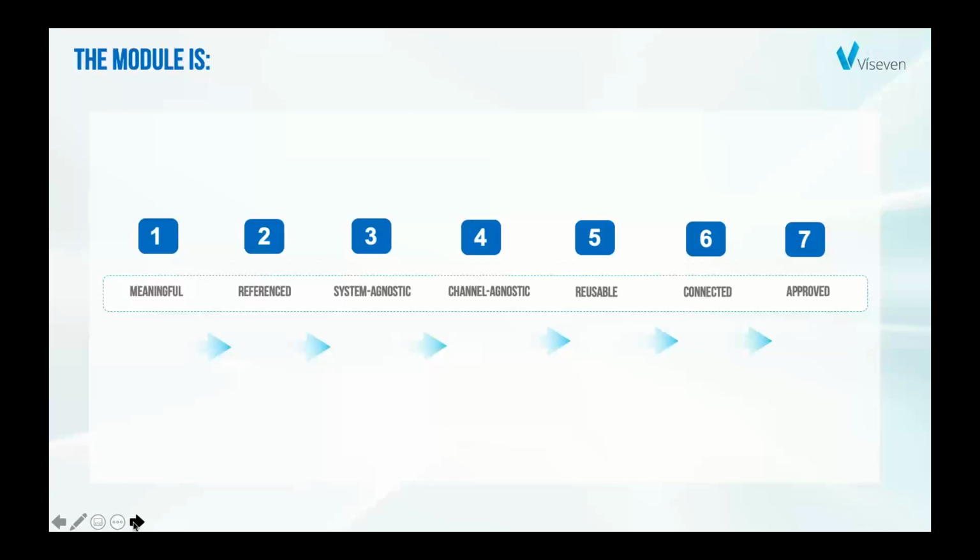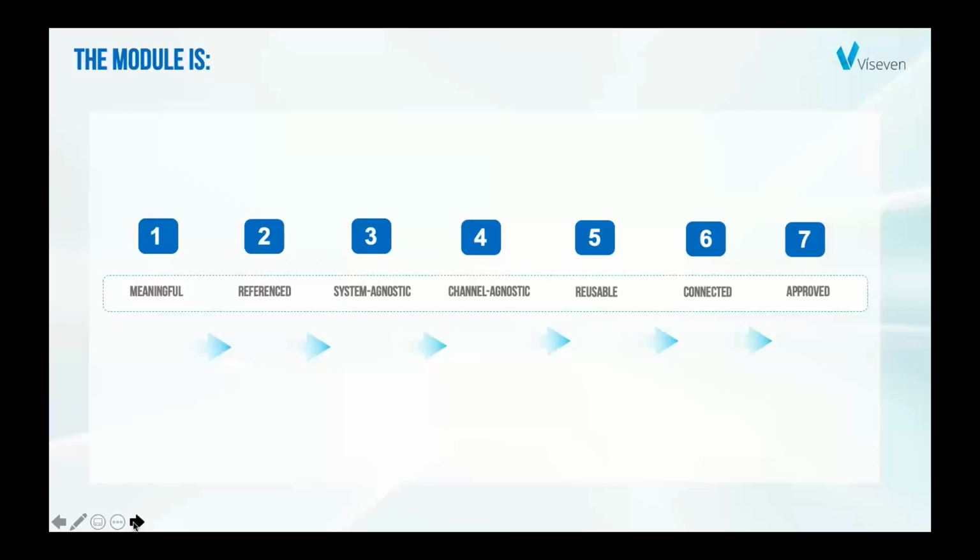Then it is connected, meaning that all of the assets, media, and claims that you use are connected within that message, and you can track the reuse of every asset within the module, and also the reuse of the module itself as a whole.